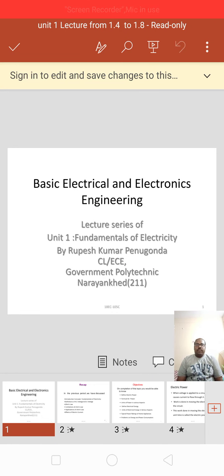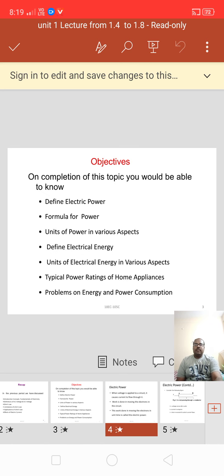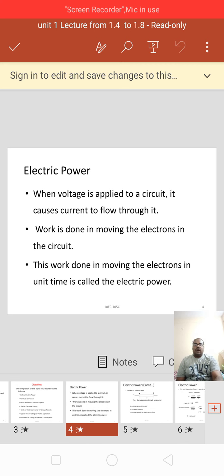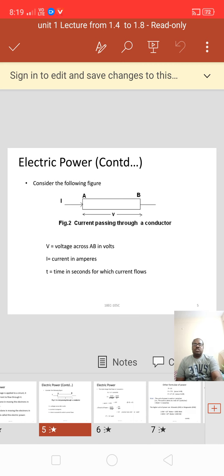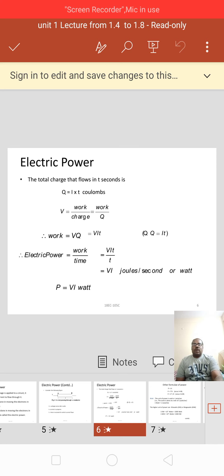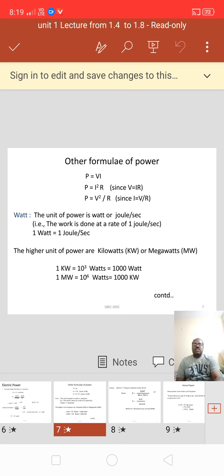Today we will learn about some concepts regarding the fundamentals of electricity. First of all, we will look at the glance of this PPT. See objectives, recap, electric power, demonstration of electric power, formula for electric power, and units for electric power,